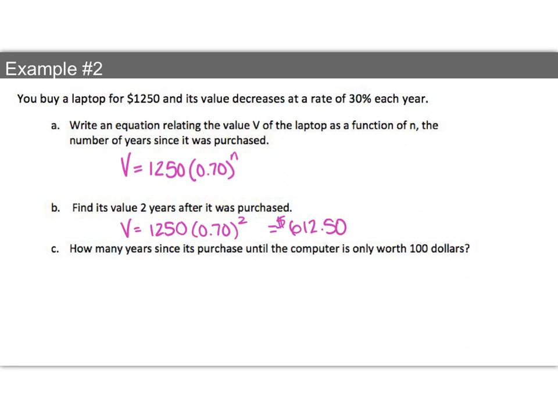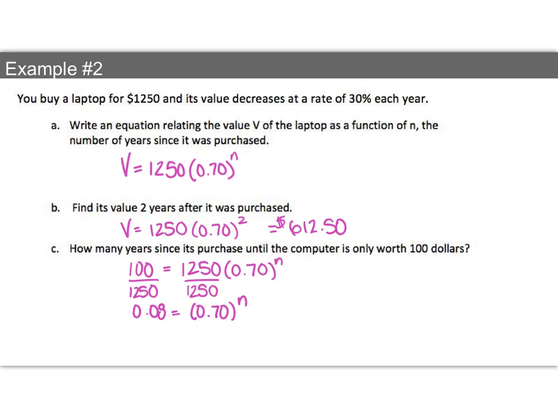So then the next question is how many years since its purchase until the computer is only worth $100? This is where we're now going to need to use logarithms, because I know that my value, I want to know when it's 100. I'm trying to solve for my exponent, and when I need to solve for my exponent, the way I get that down is using logarithms. So again, first I'm going to start isolating. I'm going to divide both sides by 1250, and then I'm going to get 0.08 is equal to